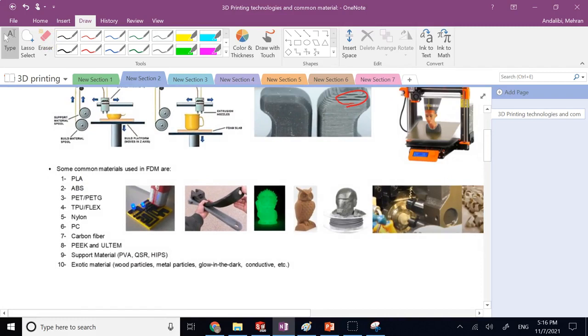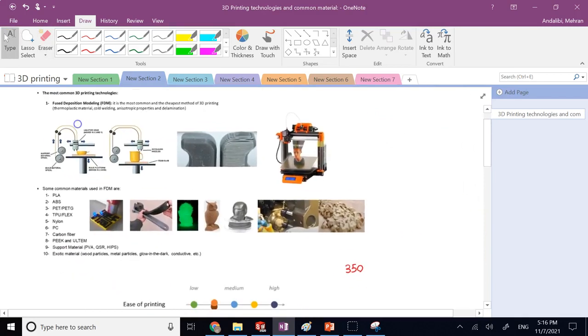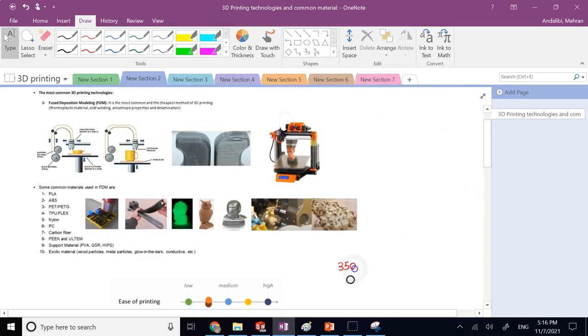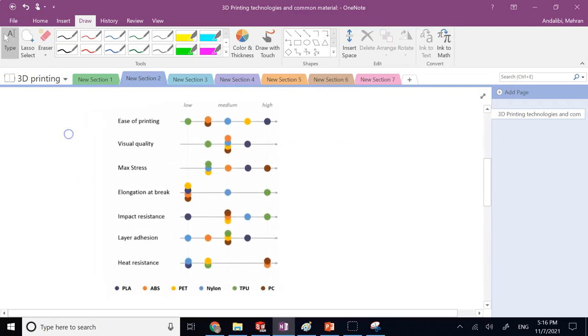Good. So I guess I told you a bunch about FDM, and it's time to switch to the other technologies. But before that, I just want to show you this comparison chart briefly, which shows some important properties of FDM plastics and some of the most well-known plastics in the market: PLA, ABS, PET or PETG, nylon, TPU, and polycarbonate. For each one of them, there is a color, a dot, and then there are, as you can see,